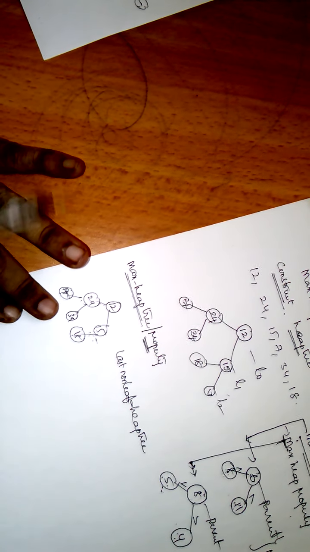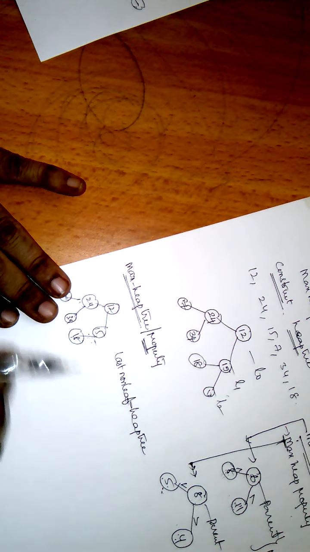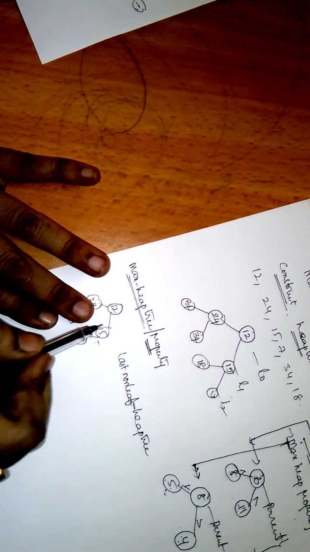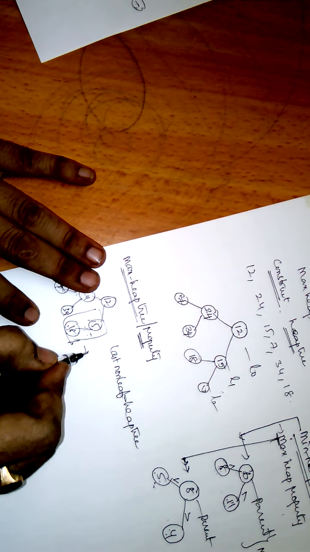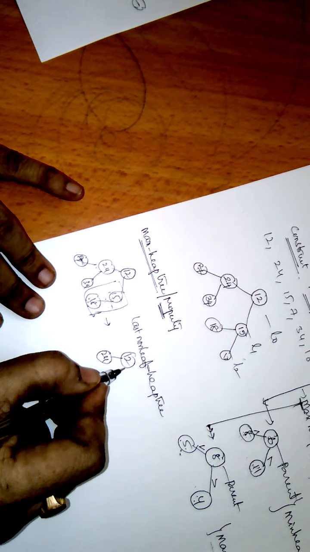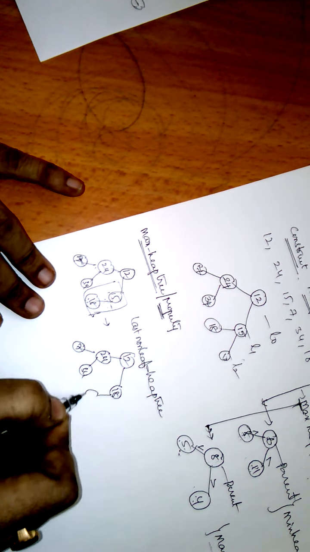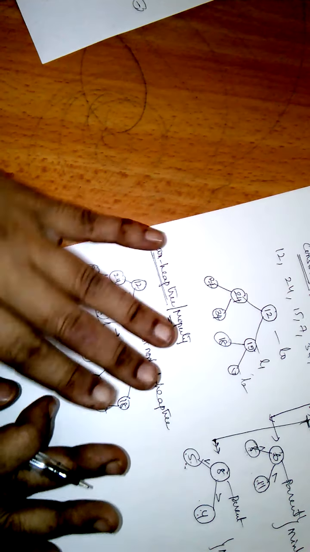Now you check whether the parent has a greater value than its child or not. What is its child? It has only one left child, which is 18. So 18 is greater than 15. Then what you have to do is make a swap of these two nodes. After swapping, the tree will be like this: 12, 24 and here 18, 7, 34 and 50. Finished. Now find the next non-leaf node.